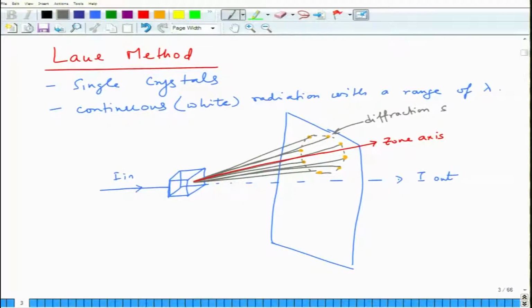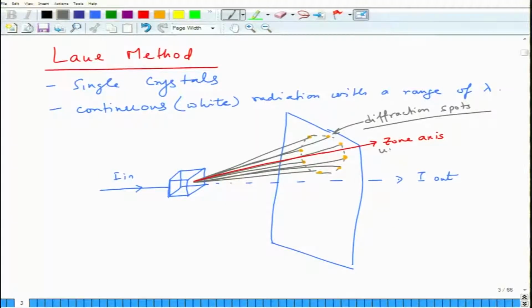Diffraction spots. So then we need to carry out an analysis, because if these are the spots from the diffracting planes which have a common zone axis, then we know Weiss zone law, right? Weiss zone law says that the dot product of HKL and UVW must be equal to 0. So if this was UVW and these planes had, let us say, H1 K1 L1 and H2 K2 L2,